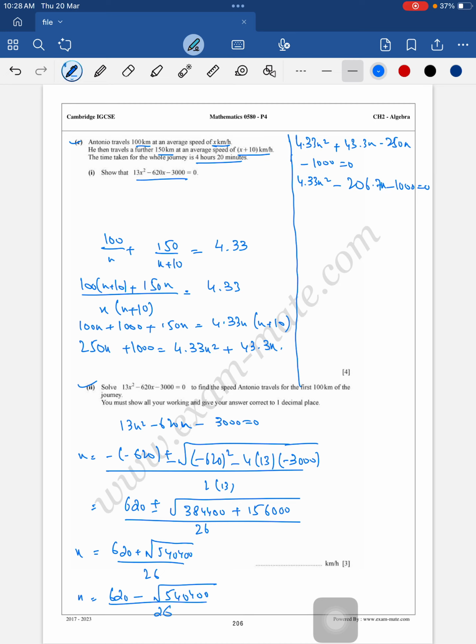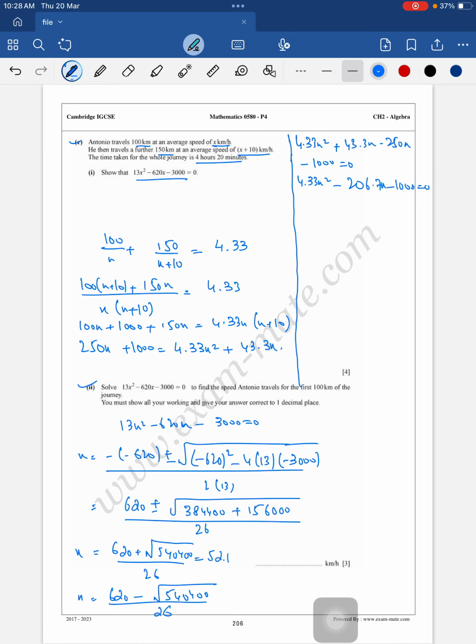So 620 plus root 540400 divided by 26, we are getting 52.11, and since it was correct to one decimal place, it will be 52.1,